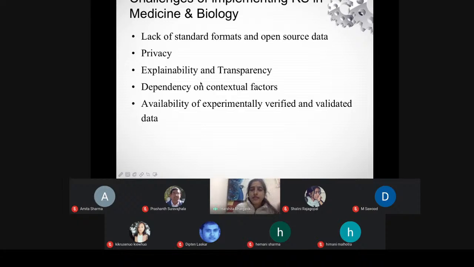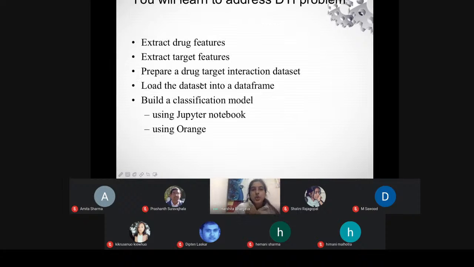अगर यहाँ पे हम बात करते हैं तो बायोलॉजी की या ड्रग टारगेट इंटरैक्शन प्रेडिक्शन प्रॉब्लम ही अगर हम लेते हैं, तो you have unavailability of experimentally verified and validated data that is available, but you don't have, मतलब वहाँ पे एक्सपेरिमेंटेशंस हैं, ठीक है, आपके ओपन सोर्स डेटाबेसेस में मिल जाएंगे, but you don't have the negative samples. जैसे हम अगर क्लासिफिकेशन की बात करें, because this problem can be taken up as a classification or it can be taken up as a regression based problem also.